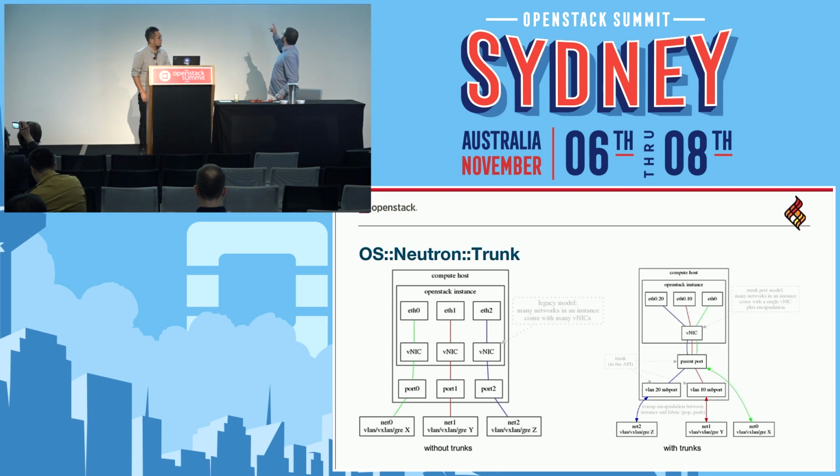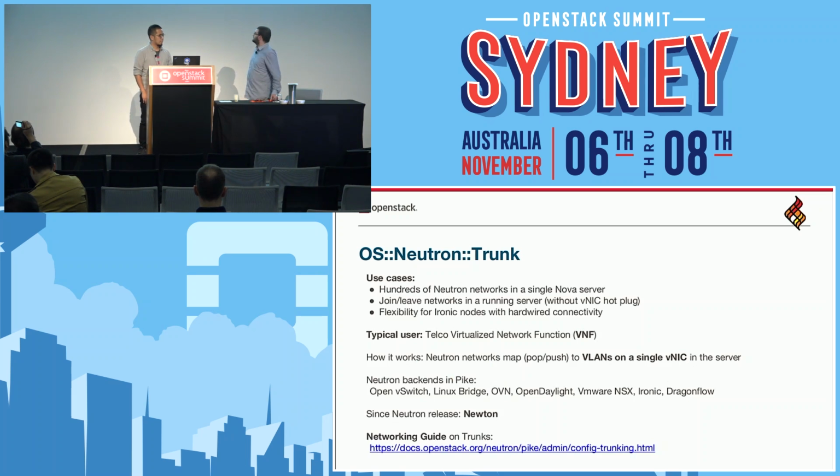Yeah. So basically, this is an explanation of the feature, before and after trunking: you can connect to lots of networks without having as many virtual network interface cards, and you will see those networks as VLAN-tagged traffic on that single virtual network interface card. And this is just a background slide. Don't read it now. If you're interested, download the slides and you'll see the details.